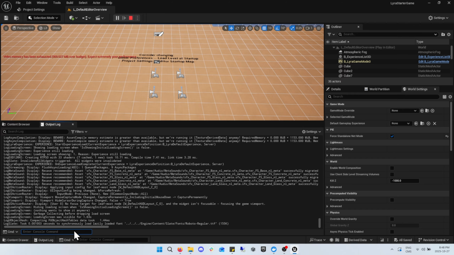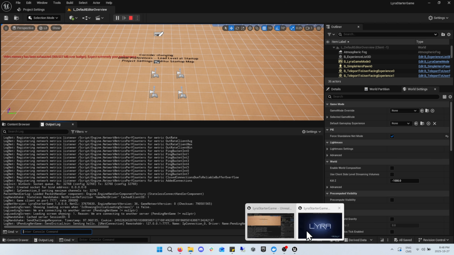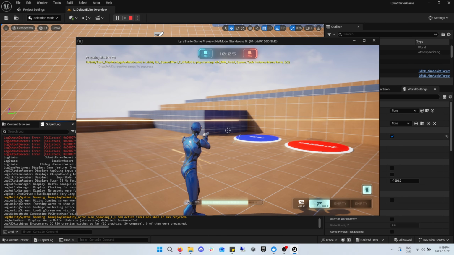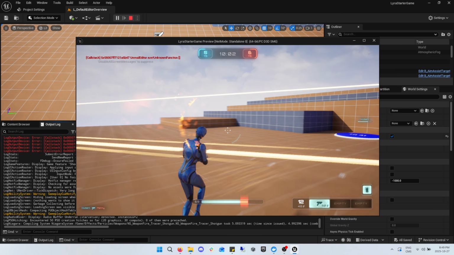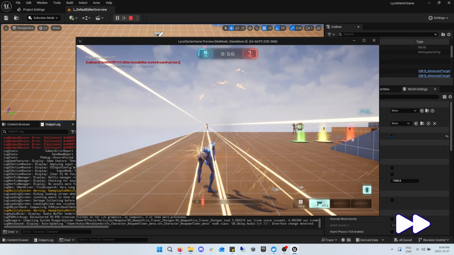Back in the main editor, type in Open alongside your local container's port mapping. This is hard-coded to be 127.0.0.1 with the port 7777. Then, open the window created earlier, and the Lyra sample is connecting itself to the local containerized game server, proving it works as shown on screen.